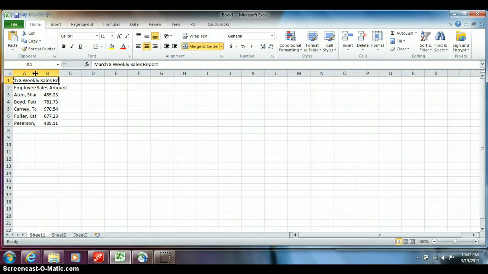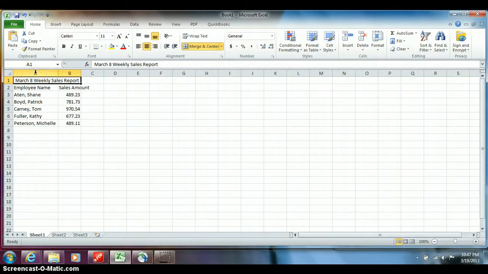At that point, if I take my mouse to the line between A and B and I double click, you'll notice that it goes to the width of Michelle Peterson, the longest name, ignoring row 1. Why did it ignore row 1? Because the text in row 1 was merged, and centered in this case. I could have had it be merged in left or even merged in right. But the point is that A1 and B1 were first merged together into one cell. Therefore, when the column width is adjusted, it will ignore that row and thus widen to the width of row